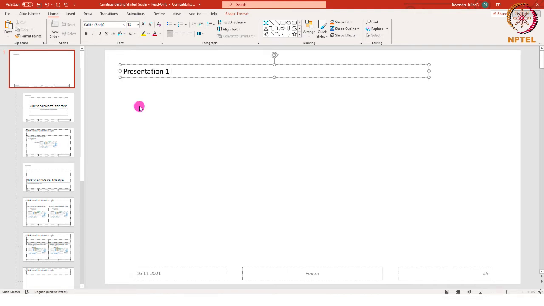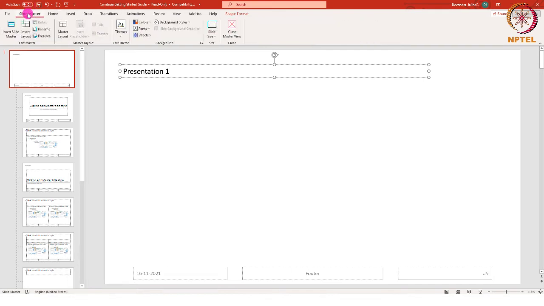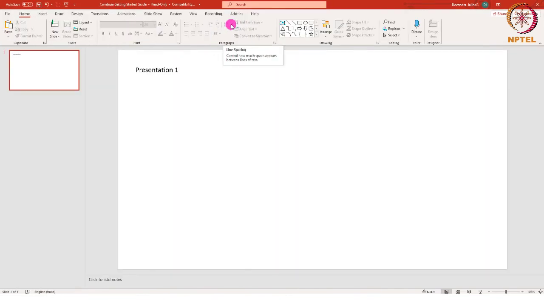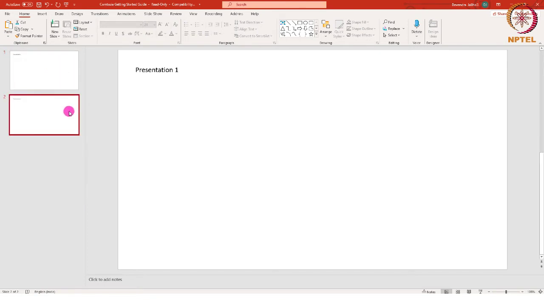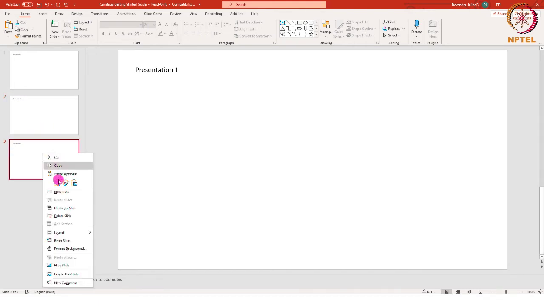and then click the Slide Master tab and also click the Close Master View button as shown here. The title we typed has now appeared on the slide. Now let us create a new slide. As you can see here, the title we created on the first page is appearing on the second page. The same topic will appear in all the new slides we create.